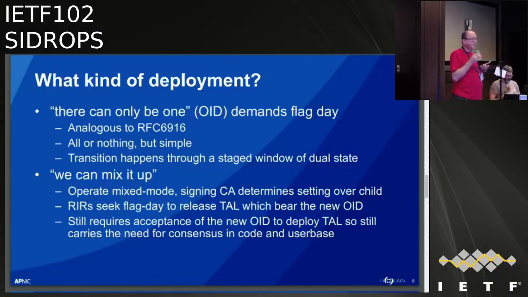And the primary problem for us as registries comes down to the moment when we add the new OID high in the tree, principally when we put it into our TAL. If we create a TAL, a root object, a trust object that bears the new OID, and all the relying party software does not accept this OID, we have immediately invalidated the state of the entire validation tree for those relying parties. So that's a very difficult move to make. It's kind of one where we have to see acceptance and consent to move. Otherwise, we are simply preemptively destroying the tree. So we really have to achieve some sense of understanding here.